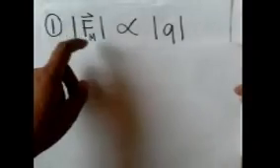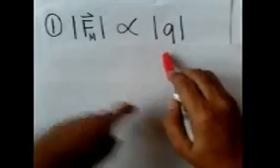Magnetic forces on moving charges. There are four key characteristics of the magnetic force on a moving charge. First, the magnitude is proportional to the magnitude of the charge. Here, F subscript M denotes the magnitude of the magnetic force. So the first characteristic is that magnetic force is proportional to the